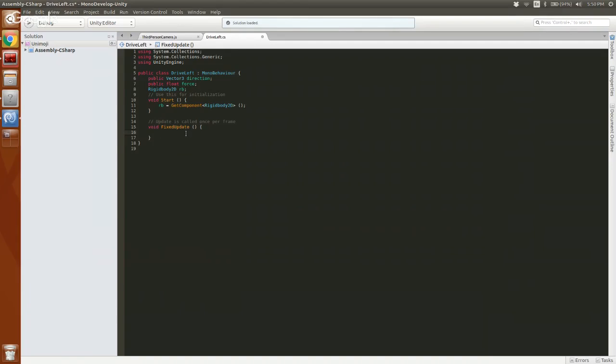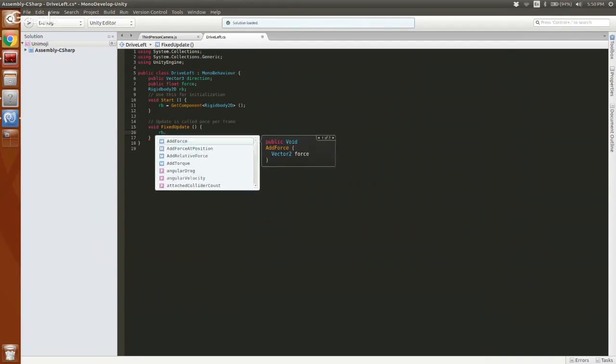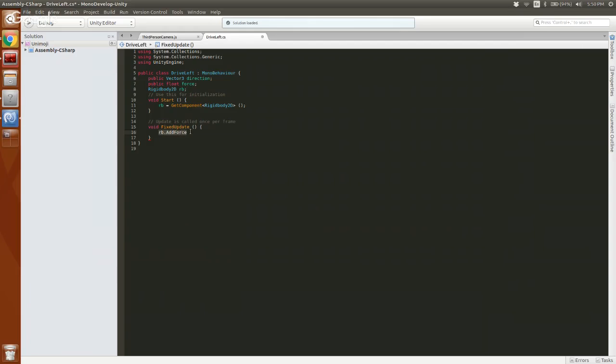Now in our fixed update, we'll say rb.add force. So this is just a method on the rigid body 2D that expects me to apply a force. And it's actually expecting a vector 2, because this is 2D, so it's just x and y. And we'll say push in direction. That's it. That's all I'm going to do, and we'll see what happens here. We'll ignore the force variable for now. We might actually not use it. But all we're doing is setting a direction that is like up, down, left, right in our code with those x, y values, and then on a loop, applying that force to our rigid body.